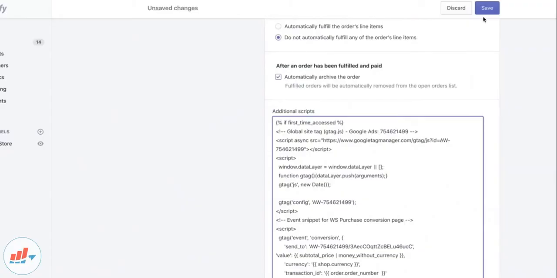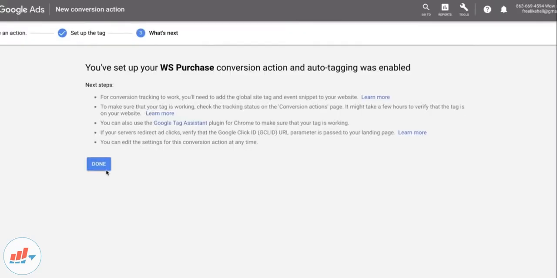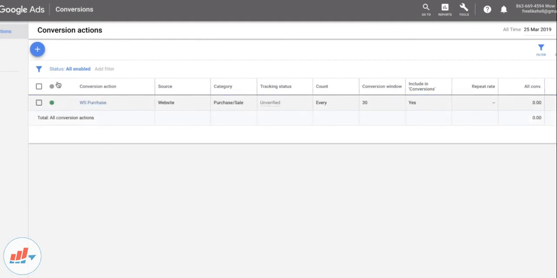Once you're done, just click on save and then you can click on next right here, and that's pretty much it. So your conversion action is now set inside Google Ads. It's also set up inside your Shopify store, and both of those are now connected. Now this is, of course, tracking status is unverified because no purchase has come in yet. Once purchases start to come in, then it's going to be verified. And now let's come to the juicy part, how to actually run